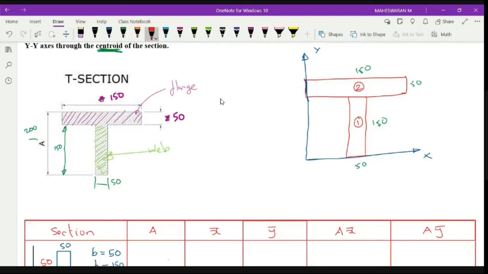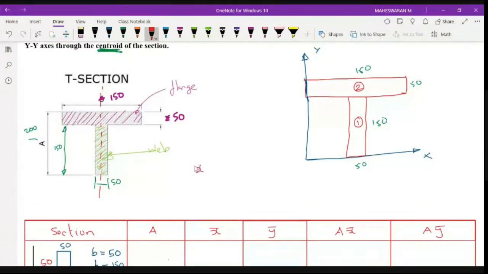Okay. So I already discussed that whenever you have an object which is symmetrical, so which means if I make your y-axis here at the center, you can see that it's like a mirror image. So whenever you have symmetry with respect to y, your x bar will be half of the total distance. If you have symmetry with respect to the x-axis, then your y bar will be half of the total distance, right? So in this case, I can see that it is symmetrical about the y-axis, which means